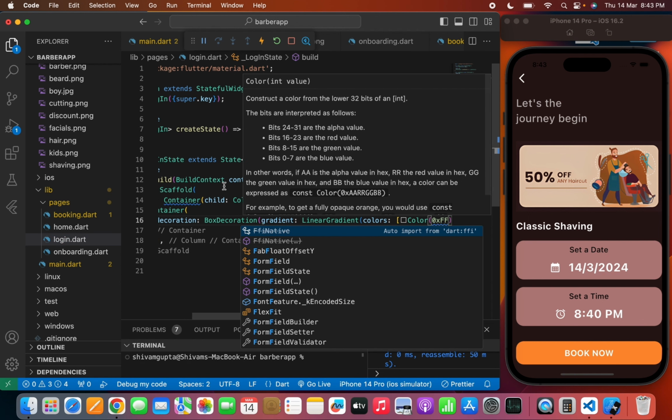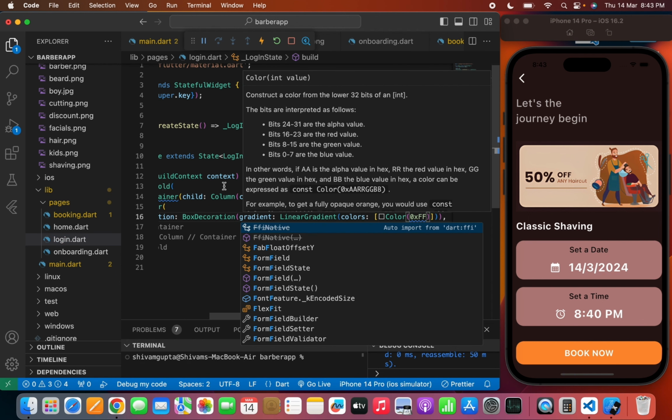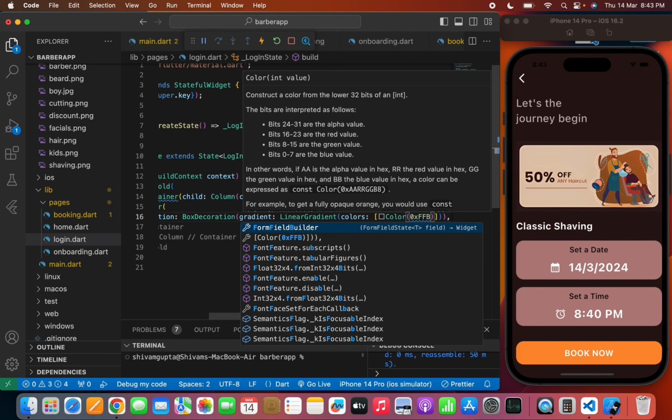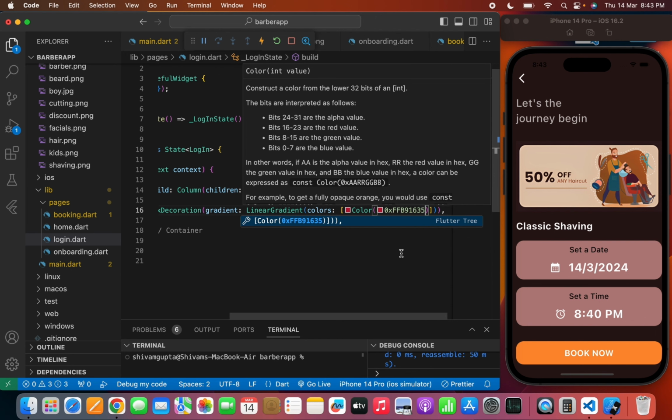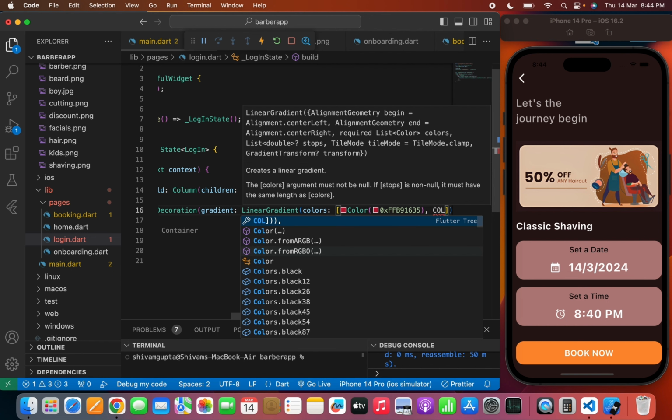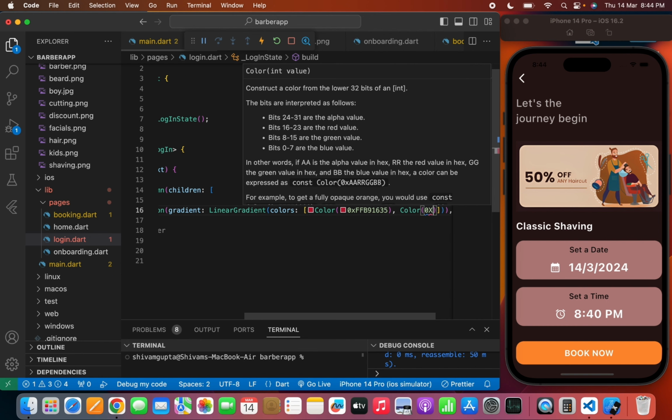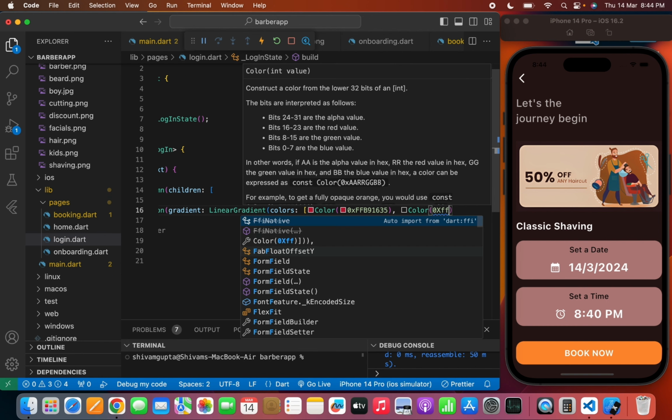Now the color code, so let me see what the color code will be. The color code is B91635. So this is the first color and the second color, so again Color 0xFF and maybe